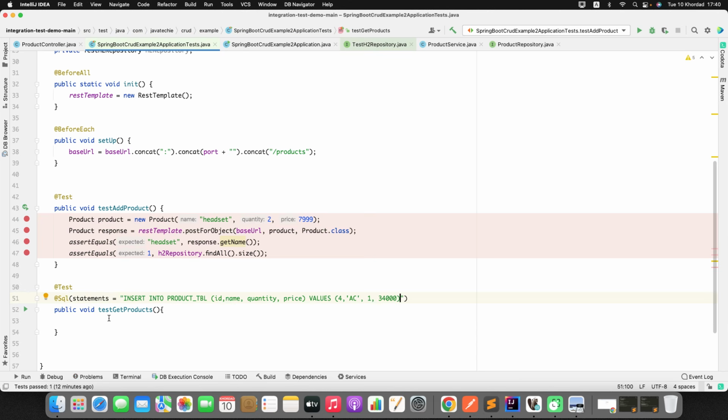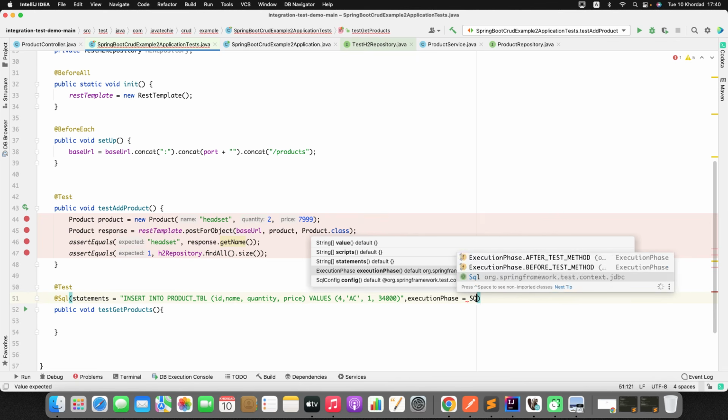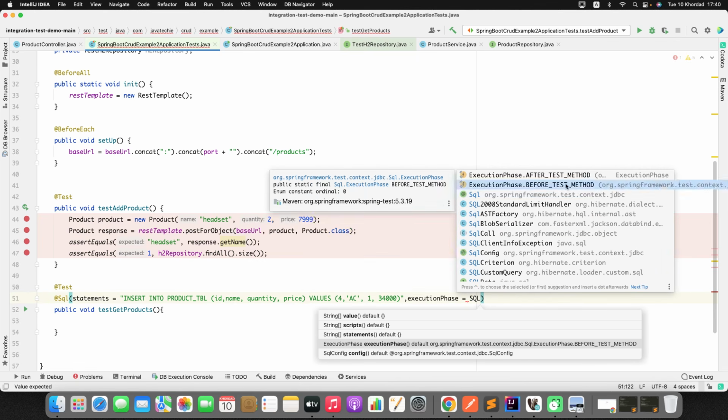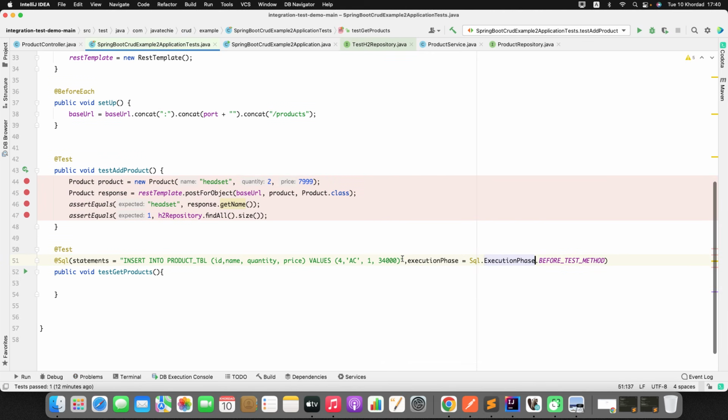I will give something like this: insert into the product table ID, name, quantity, price. This is the entry I am going to insert. And when I want to insert it, you can also specify the execution phase, which is SQL after test method or before test method. So before executing this test method, just execute this statement where I'm inserting one object, one element,